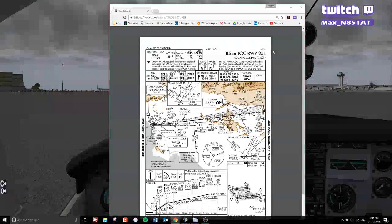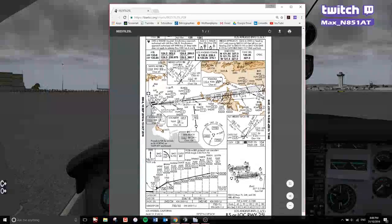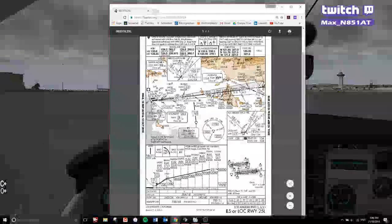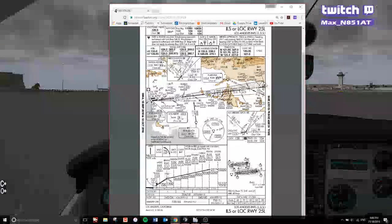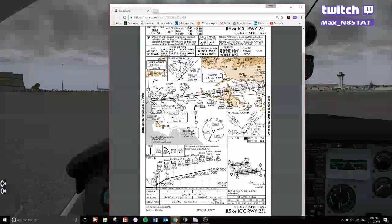Okay, so ILS localizer runway 25 left. The initial approach fix on that is technically River, but River gives you a 48 mile DME, which is what the jets would use if they're coming in from the east. However, Mark, you will vector me to